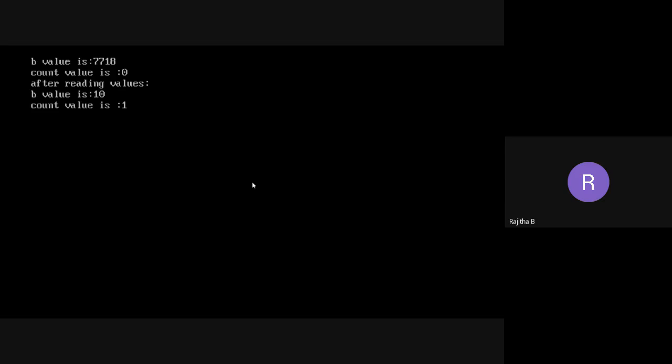Then after the display function, I am calling the get data function with the parameter 10. Now what value will be displayed for b here? 10. Why? Because we are passing the value 10 to b. Now what count value will be displayed there? 1. So whether you are initializing the b data member or not, the count value is updated there.